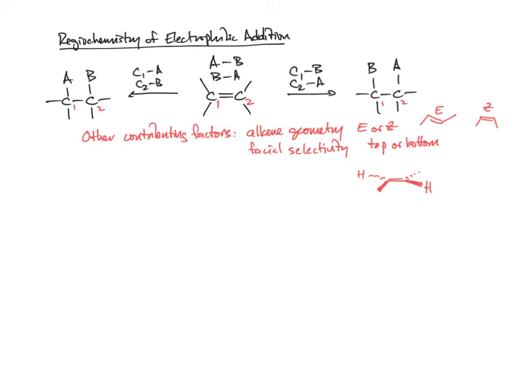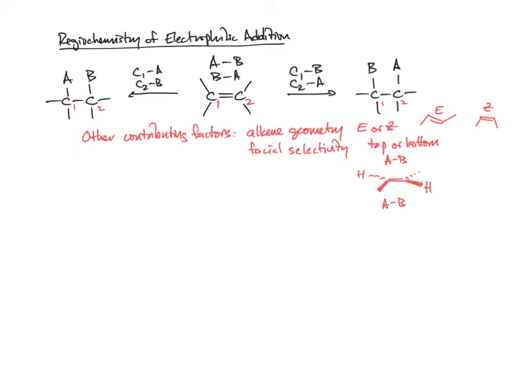So what do I mean by top facial selectivity? So that would sort of be the electrophile approaching from the top face. This would be the electrophile approaching from the bottom face. And that's